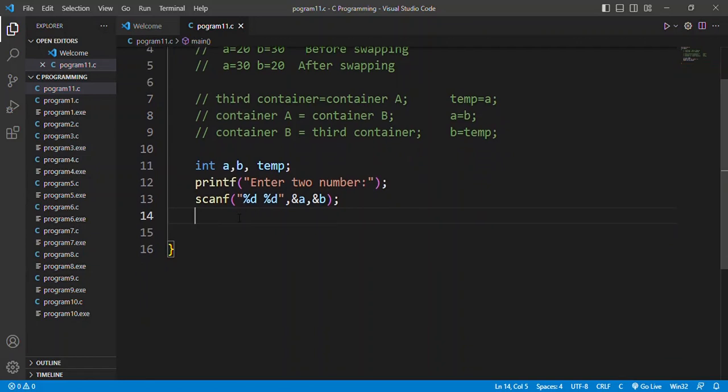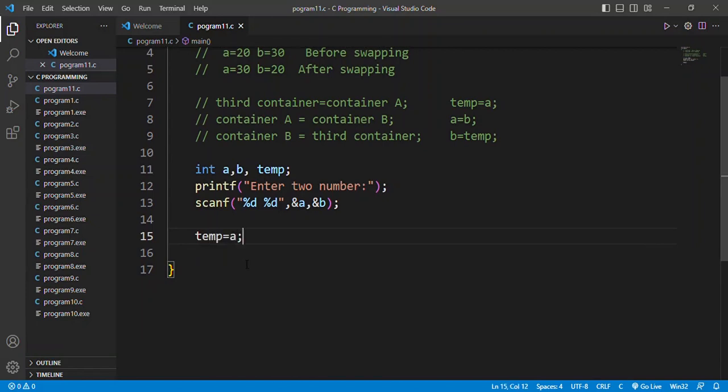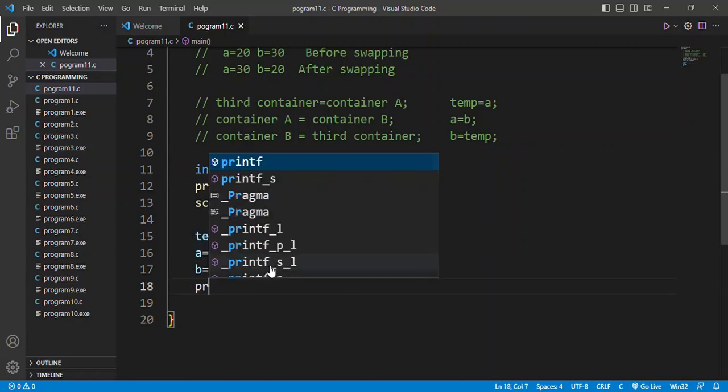Now I will write here my logic. So in temp we will store the value of a. Now a is free, so in a I will store the value of b, and now b is free, so in b I will store the value of a, which is in this temp variable. So I will write here temp, okay. So you can relate from here, right? Now this is the logic for swapping. So now I will simply printf